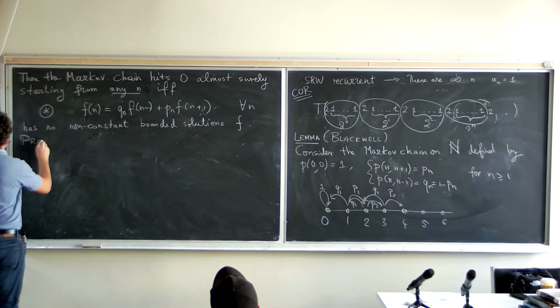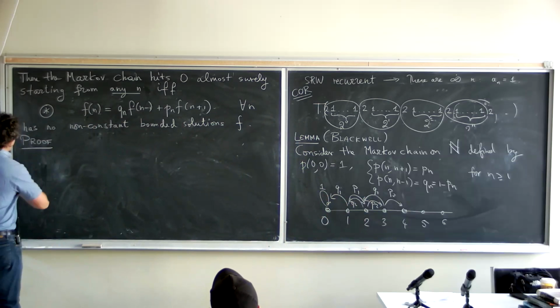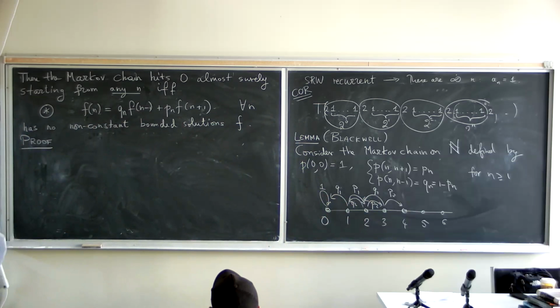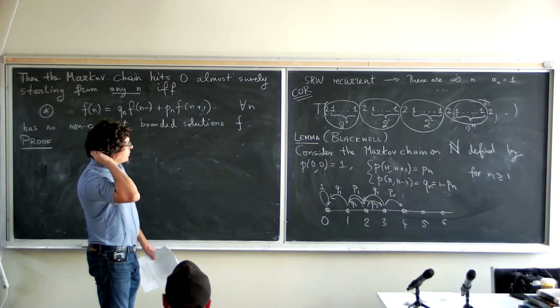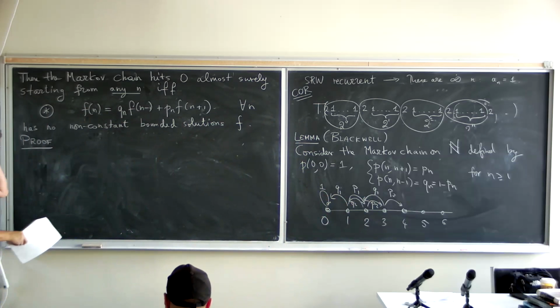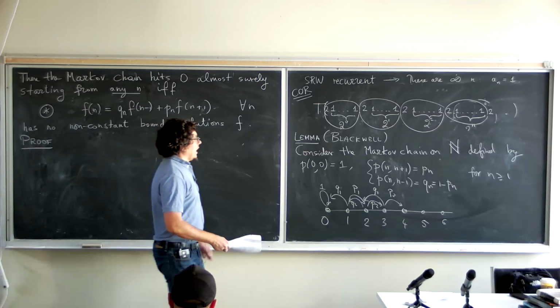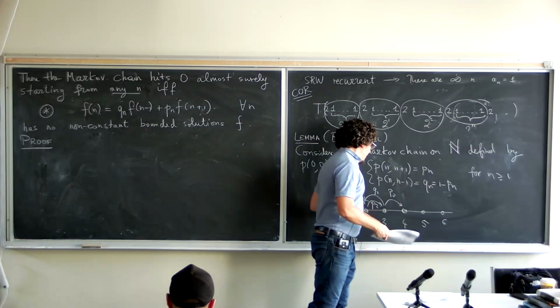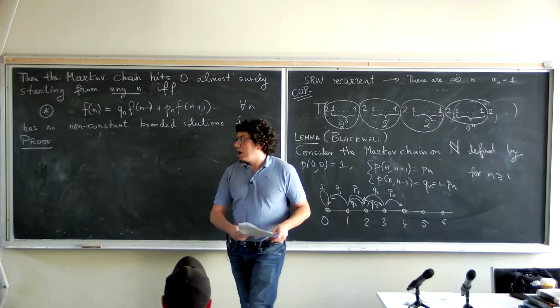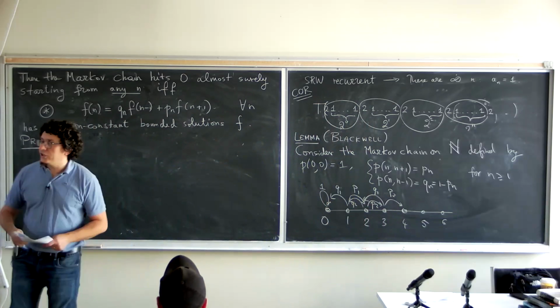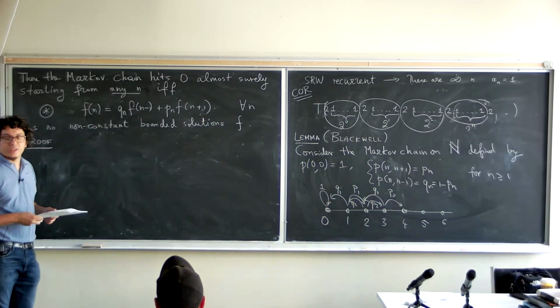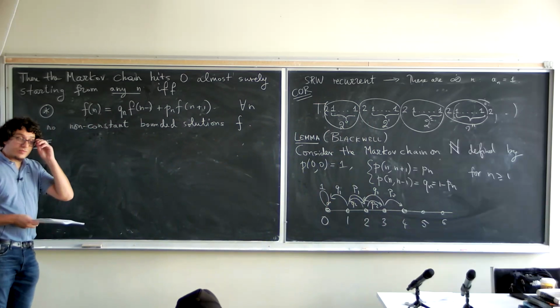Okay, so the proof is kind of neat. It gives good ideas of how to relate these two. So maybe one direction is slightly more intuitive than the other. So what is the connection between these two things? Right? So suppose I give you this chain. How do you construct a function that satisfies this equation? Any ideas?